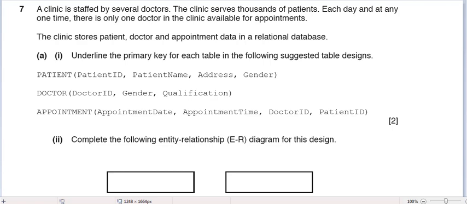The question says that the clinic has several doctors, right? And thousands of patients are attended at this clinic. So many patients come to the clinic each day. At one time, there is only one doctor in the clinic. Meaning, although there are several doctors who work for the clinic, at one time there is only one